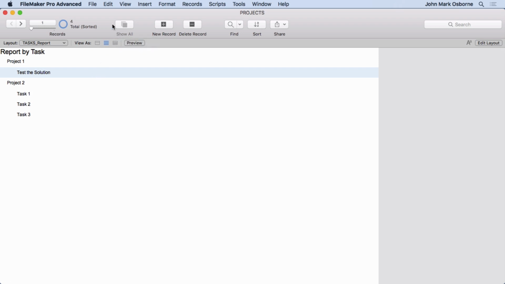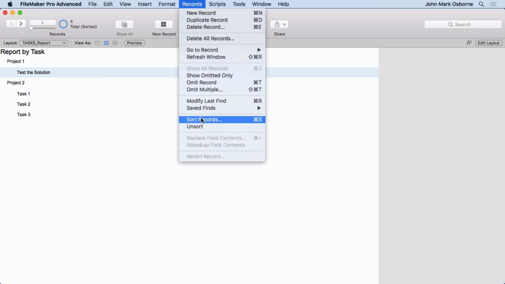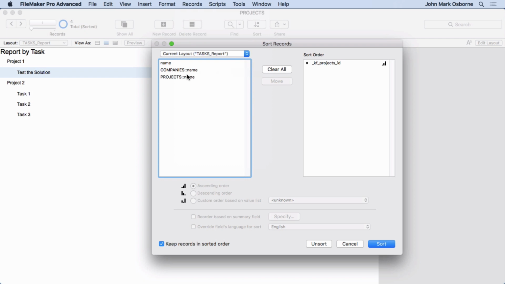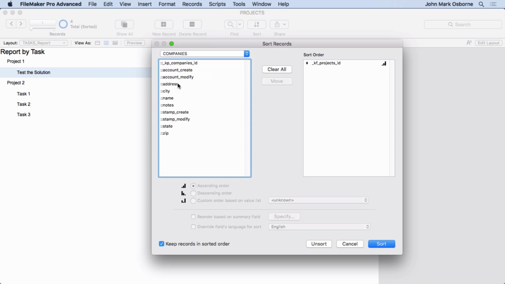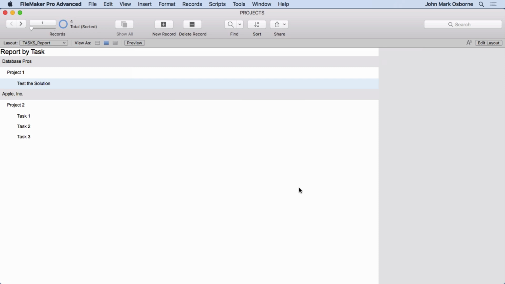And this is very powerful. If we go to sort, we can add or omit the company, whichever we want. Remember, it's not the company name, but we want it to be by the company ID. And that should be first in the sort. Sort it, and all of a sudden, look at that. Now you have Database Pros, one project. And if we have multiple projects,